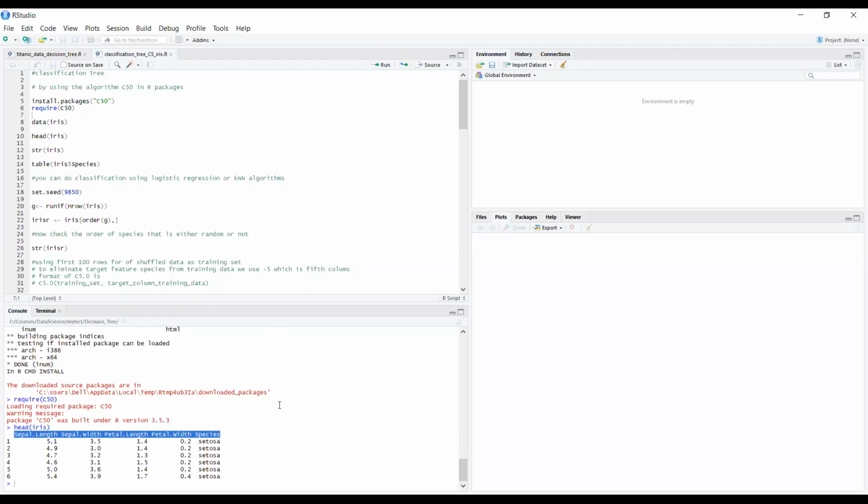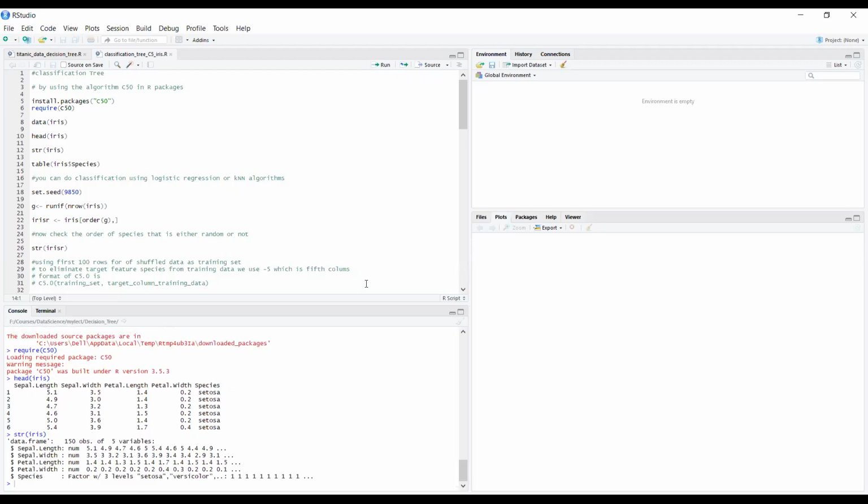So this is the data set in which we have 150 rows. When I run the next command, str(iris), you can see that the entire data frame contents are shown on the screen.